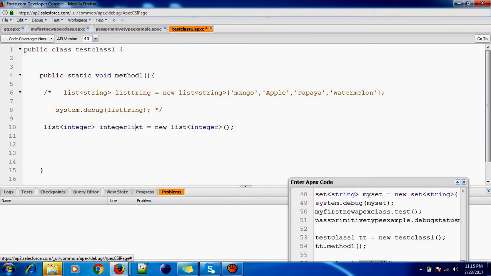Integer list dot add, sorry, 1 semicolon. Got added.